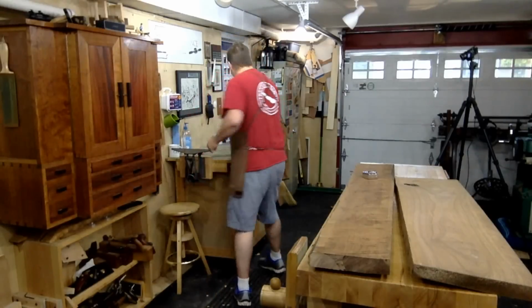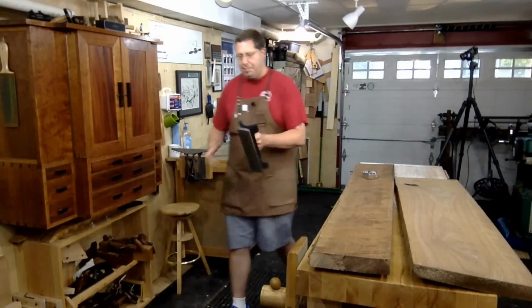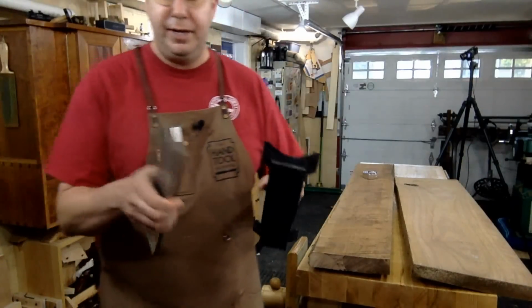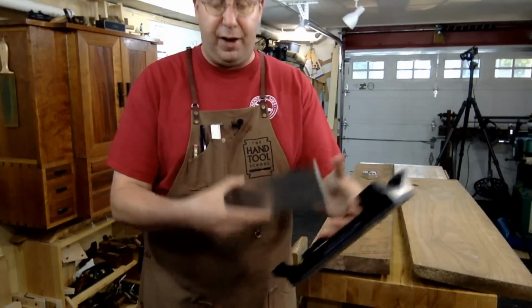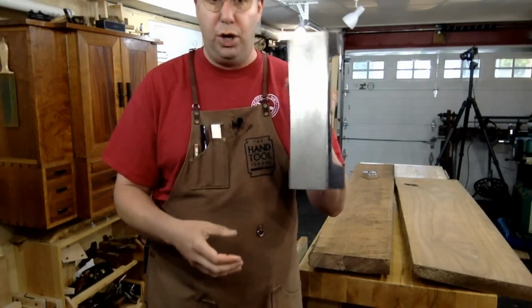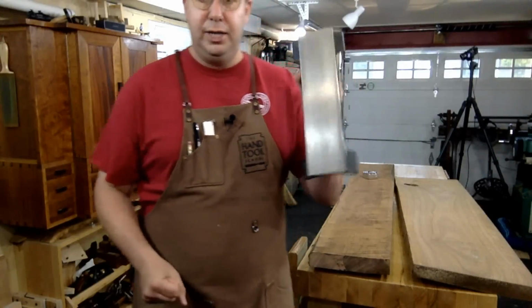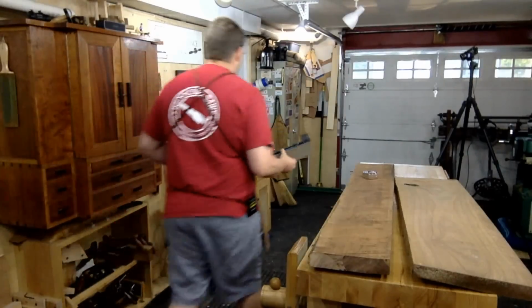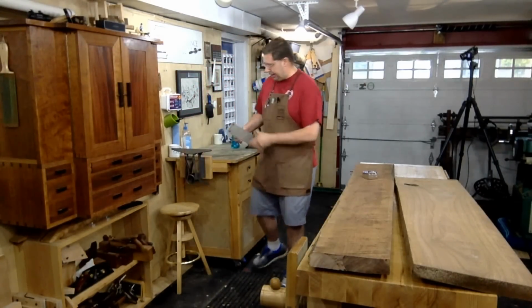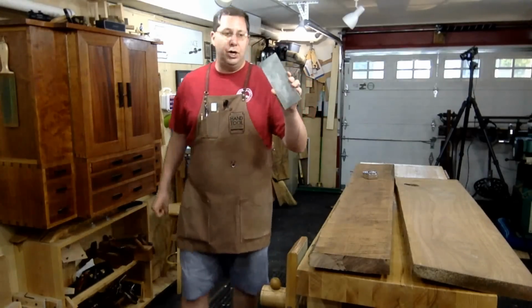I'm using this DMT Magna base system. As the name says, it's a magnetic base. It is a fine and extra fine double-sided deal. And it's a huge stone. It's a big 12-inch long stone. Lots of real estate here. That handles just about most of my rough work, and then I have this extra fine stone, which actually will